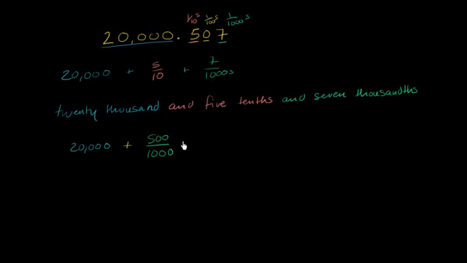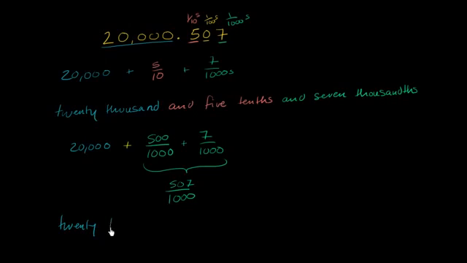And the 7 thousandths is still 7 thousandths. And these two combined are 507 over 1,000. So we could just call this 20,000 and 507 thousandths. So let's write that down. So we could just say this is